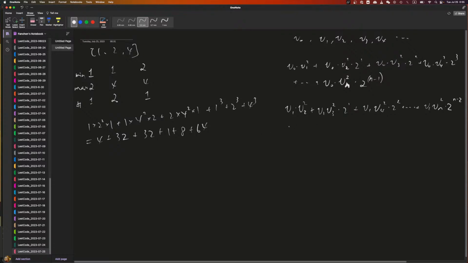And then V2 V3 squared; we can say V2 Vn times 2 to the n minus 3. All the way down, the last one is V(n minus 1) Vn squared, and 2 to the n minus